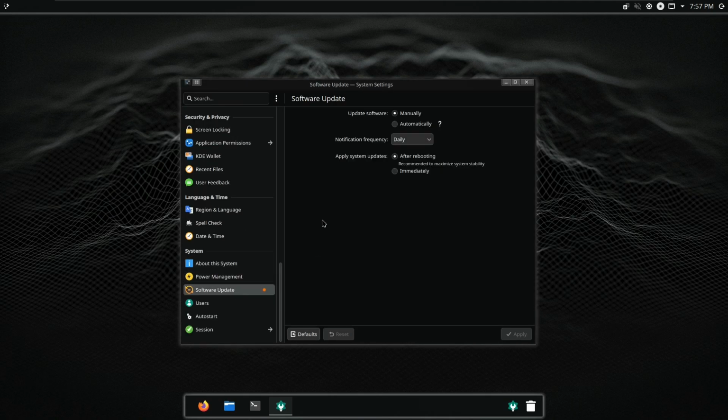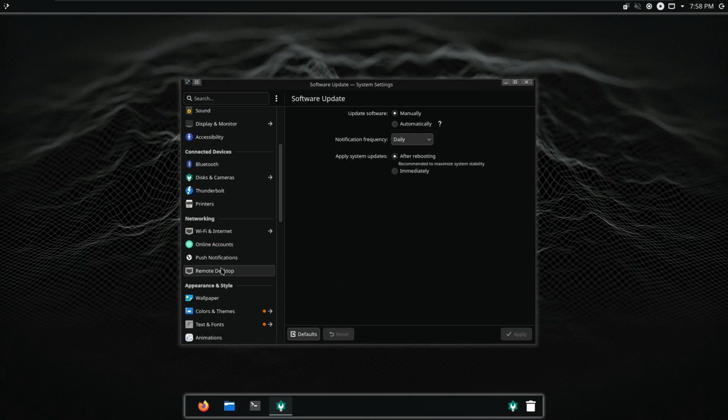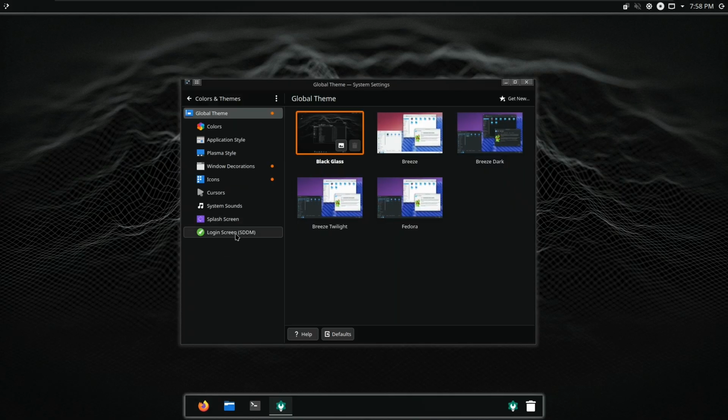Software update. Oh, I didn't even know that. You can do automatic updates from settings. You can also do it manually. Automatic updates are cool. As I said in the start of the video,